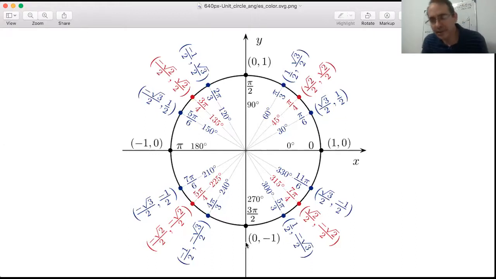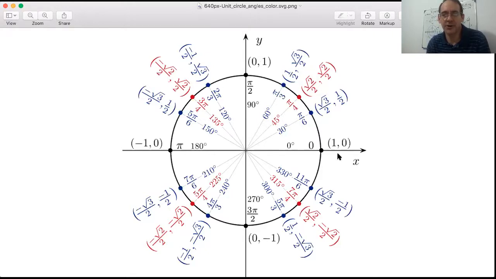So some trig problems in Cambridge specifically say to find the exact value. So you need to use your special triangles and your knowledge of the unit circle to be able to come up with these exact values. Notice the exact values will be some fraction of pi, or they will have radicals in them, these roots. So you can't use your calculator, you can't change them to decimal form. Okay, so let's start with the